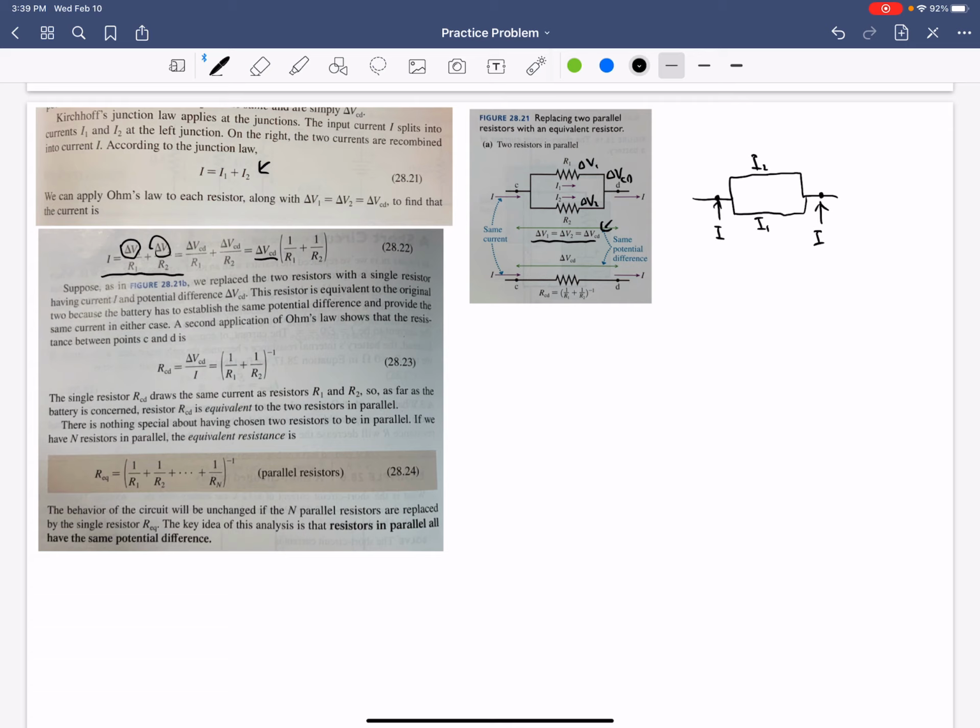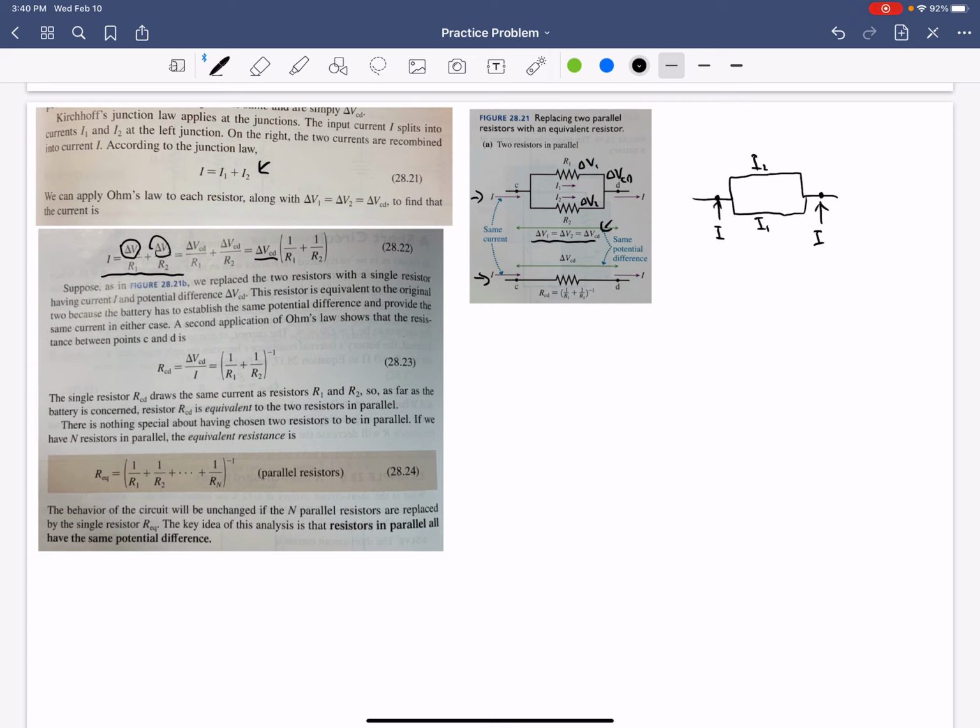So it's saying that this circuit and this circuit have the same potential difference between points C and D. This resistor is equivalent to the original two because the battery has to establish the same potential difference and provide the same current in either case. And that makes sense. A second application of Ohm's law shows that the resistance between points C and D is